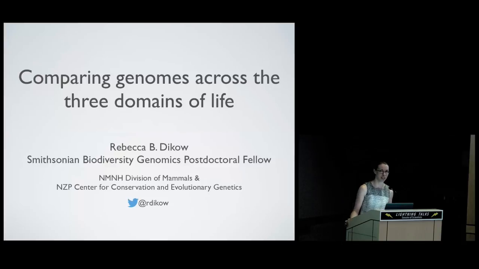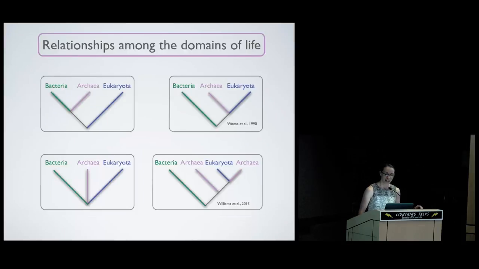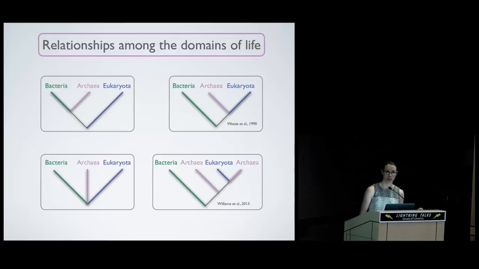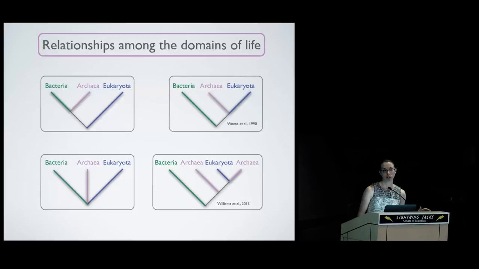an extension of my dissertation research, which is what I'm really interested in: using whole genomes to develop phylogenetic hypotheses. Here I'd like to talk about using genomes across all three domains of life to find really deep homologies. Here are four hypotheses of how these three groups could be related. Archaea were initially thought to be part of bacteria. They're both prokaryotes, they have no nuclei, and they have very similar structures.